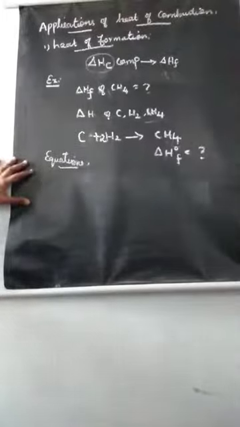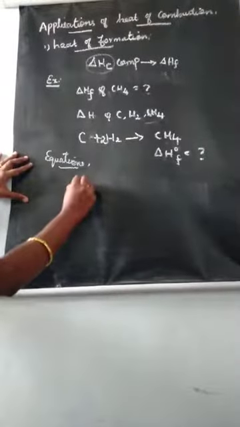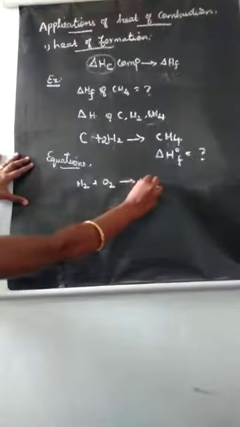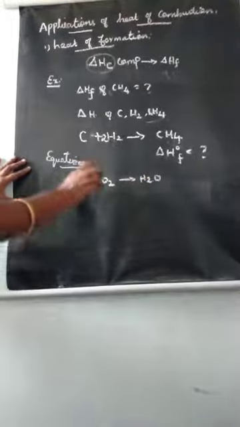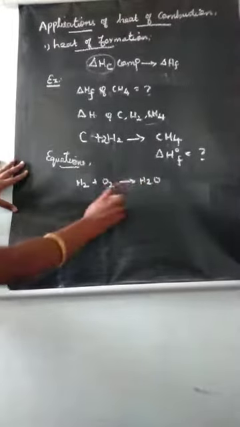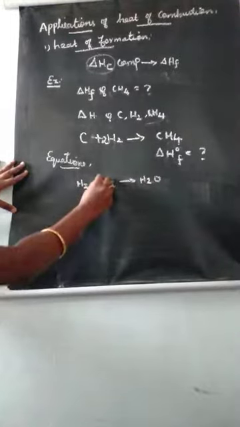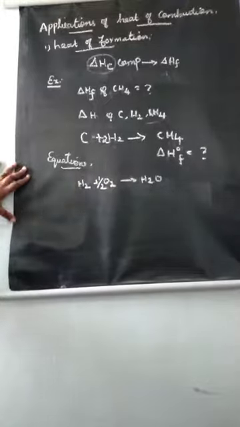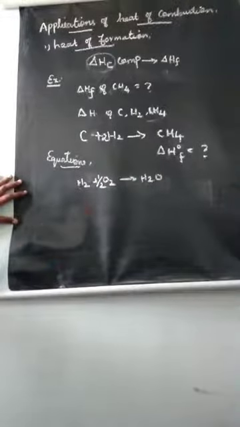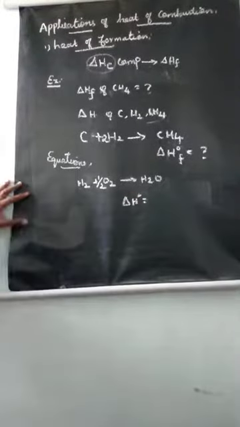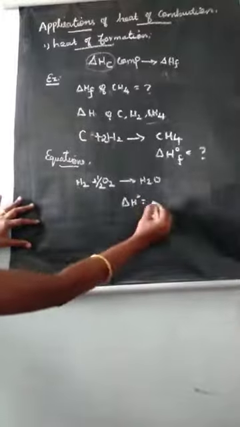What are the equations? First, to produce a water molecule: H2 reacts with oxygen to form H2O. There are 2 hydrogens, and oxygen has 2 on one side and 1 on the other, so you can write half oxygen. So H2 plus half O2 gives H2O. Understand? In this equation, your enthalpy,